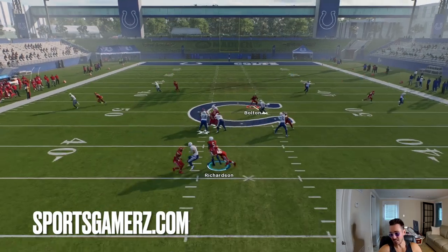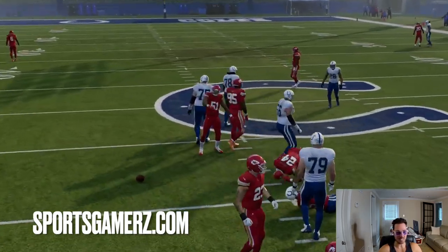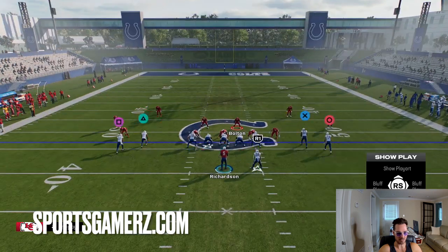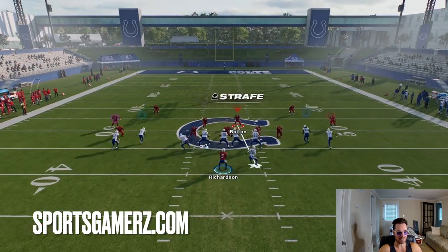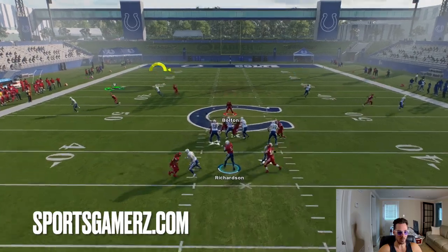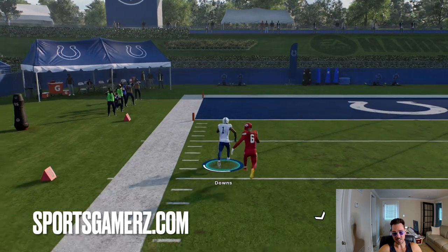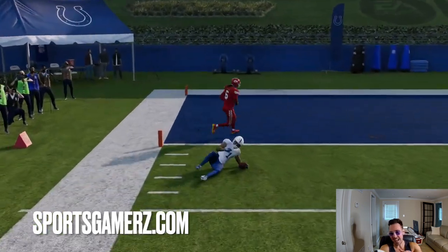Now, I couldn't get the ball off there because apparently they just wanted to blitz the crap out of me. So we're going to block the running back to make sure we have a little bit more time here. So again, I'm just leading this corner route away from the DB. Now to do this, basically what I did is as soon as I was releasing the ball, I held down